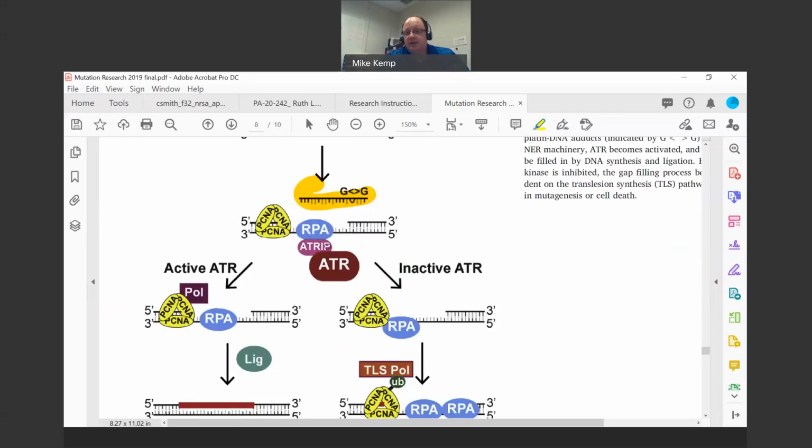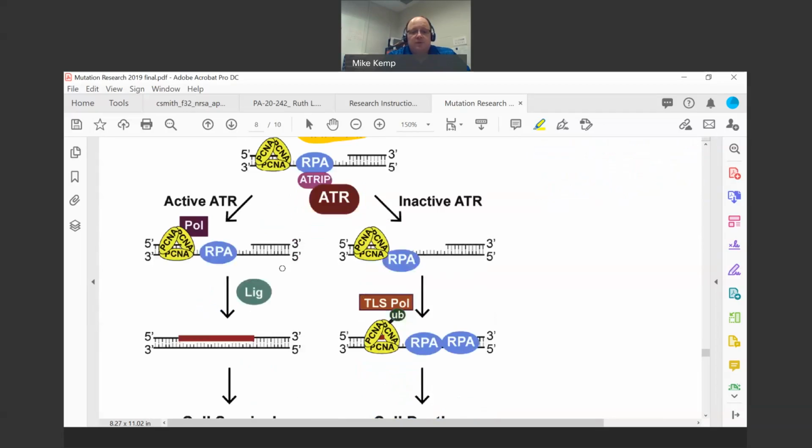Now, single-stranded DNA bound by RPA is thought to be a major trigger for recruiting ATR via an interaction between ATRIP, a subunit of ATR, and RPA. And in replicating cells, that's the model that has been put forward and tested by many different groups. Now we think a similar situation may occur in quiescent cells as well, where we don't have replication, but we can certainly generate single-stranded DNA by nucleotide excision repair.